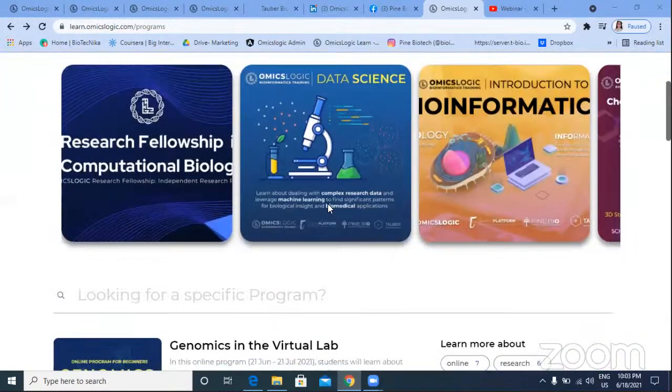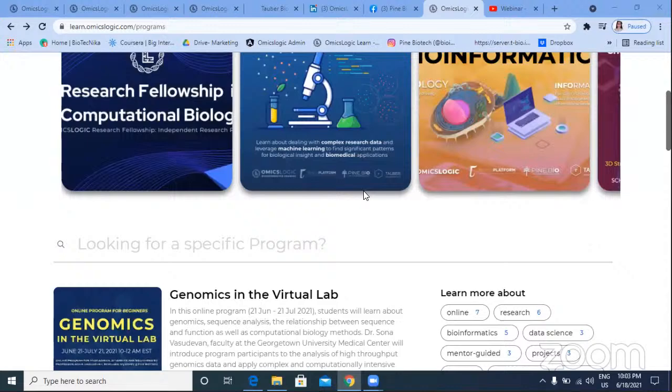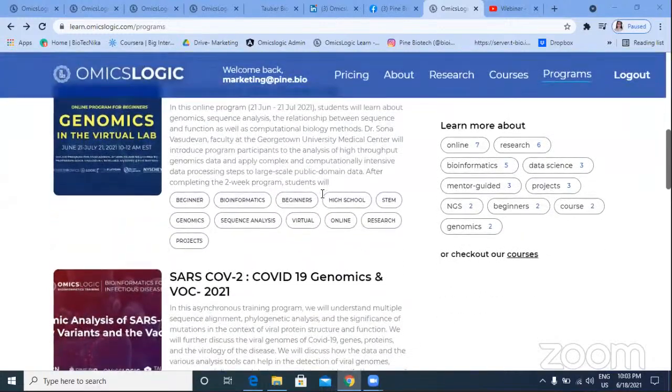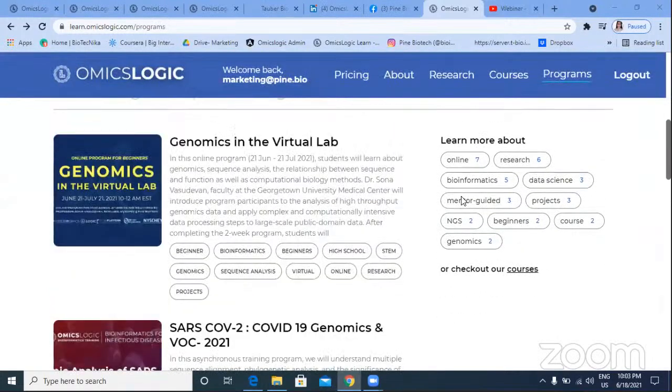The reason I'm starting with this question is because we do have a number of additional programs targeted to the more advanced students, including a research fellowship where we're exclusively focused on helping you complete your research using bioinformatics tools. There we have a number of mentors that you can interact with, working using bioinformatics in a variety of different research fields.